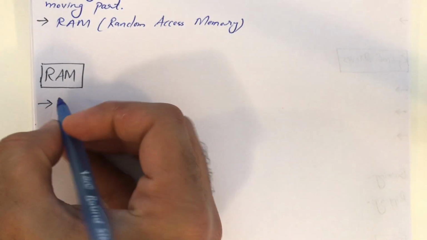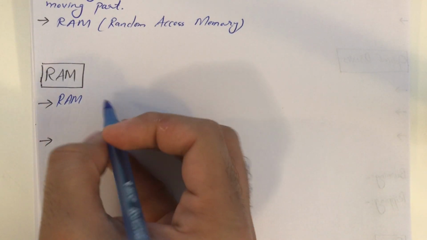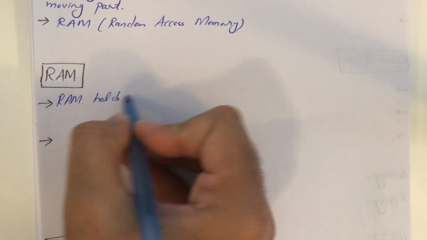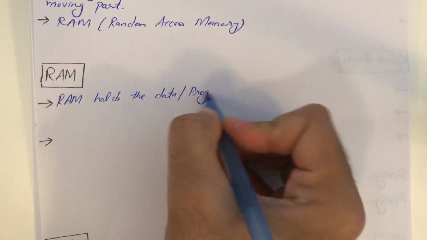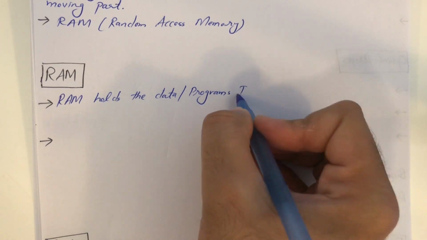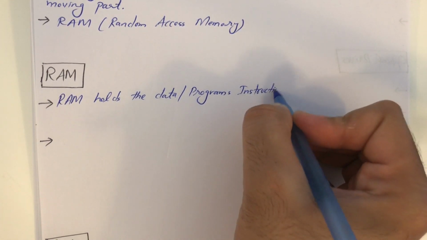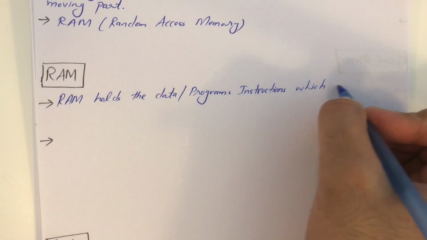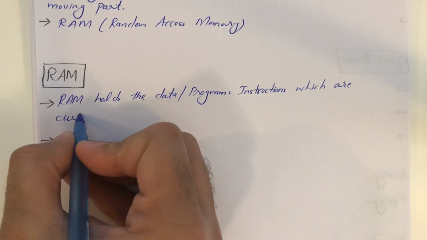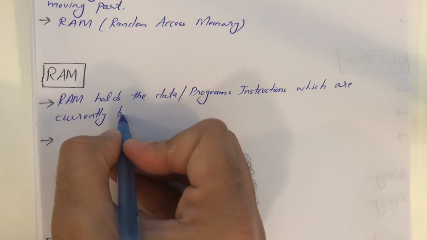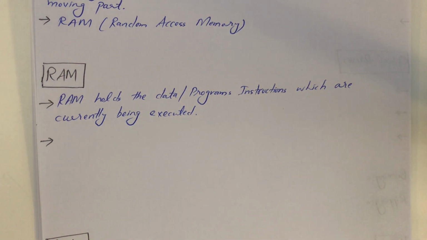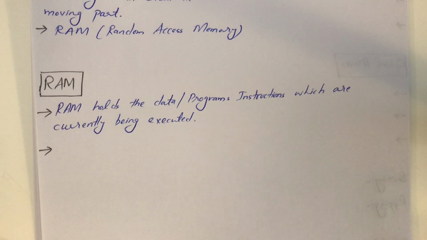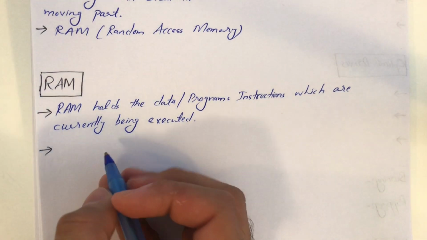So you can say RAM holds the data or program instructions which are currently being executed. So that is basically called RAM. For example, if you open a website, that particular web page is stored in your RAM. So RAM is